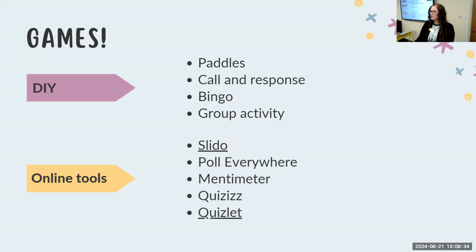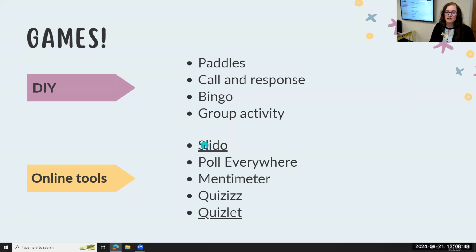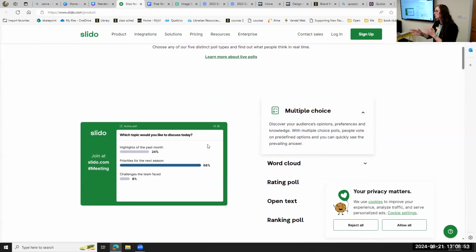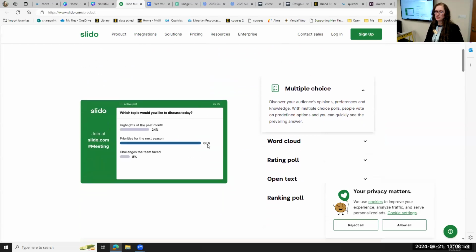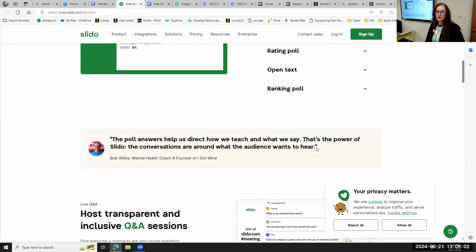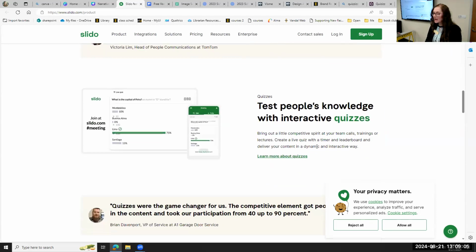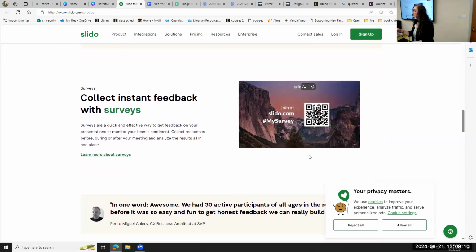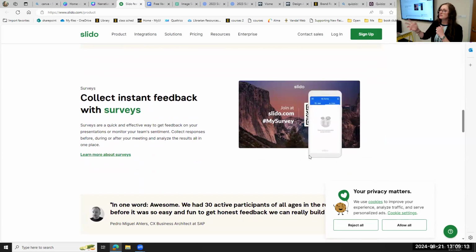And those are great for in-person instruction sessions or when you're presenting, but there are a bunch of online gamification tools as well. Has anybody ever used Slido? Okay, a couple of them. All right, so Slido and Poll Everywhere, very similar. It's a way that you can do live interactive polling within your presentation. So you can have multiple choice questions, you can generate word clouds, get instant feedback via quizzes. And really, it's a great way to stop and knowledge check in your presentation,